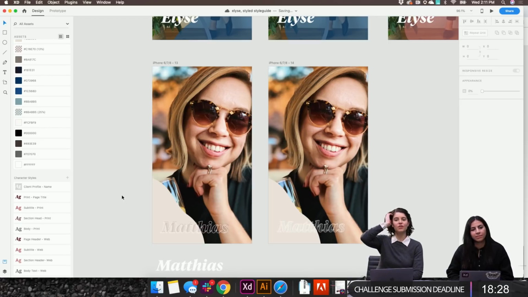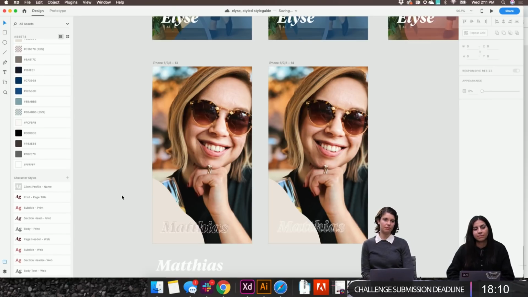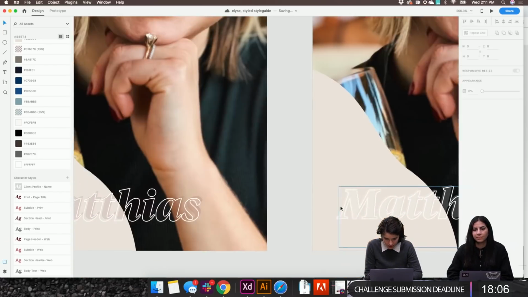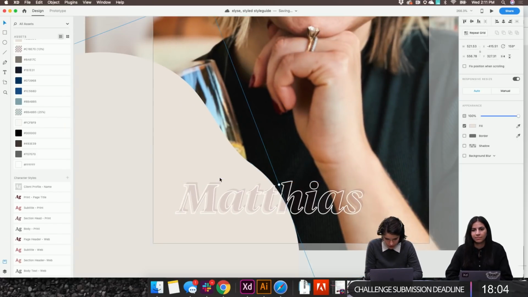So Voodoo Val is giving some good suggestions too. Maybe try making the outline offset on the wine-colored one white, which I think I did, and keep the fill darker. Because then you can see it on the shape and on the photo. Yeah, it's true. So maybe this one kind of like, oops.